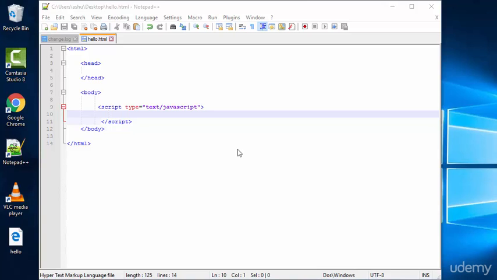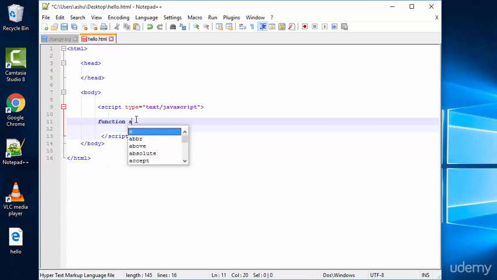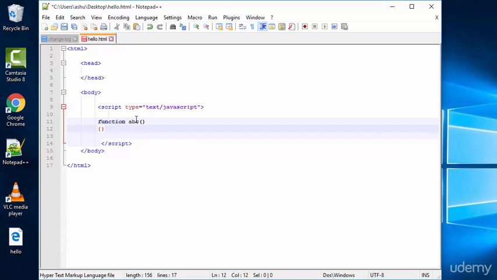If you don't understand what the set interval function is, let's take an example. Let's go into the body tag and use the set interval function to print something. In order to do that, we initially create a function. Let's name the function ABC, so let's type function ABC. We are just going to write this function for the sake of understanding the set interval function. So we use document.write and display something, let's say this function says